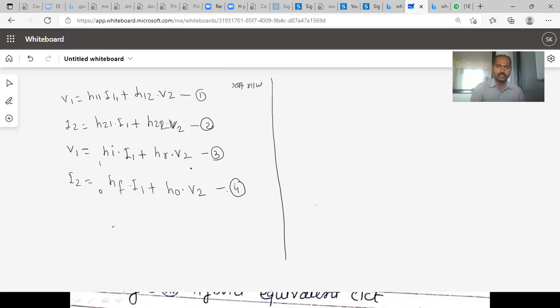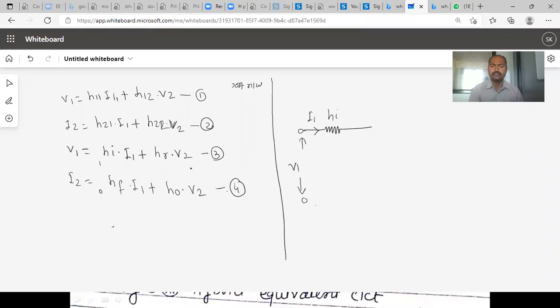Now see, in this case, this is the voltage. One has a voltage applied to the system. Now the equation of this, HI, indicates the input impedance. That's why it should come as a resistance. So name for that HI, current flowing through the P1 is I1, so this is HI1. Now see, second thing HRV2 indicates the reverse voltage ratio.